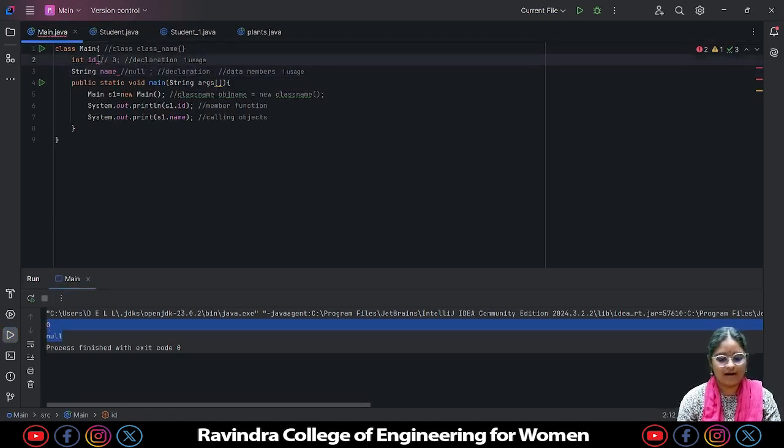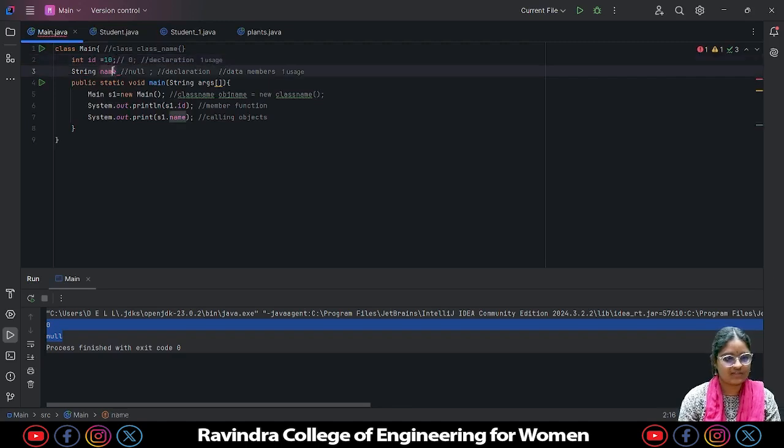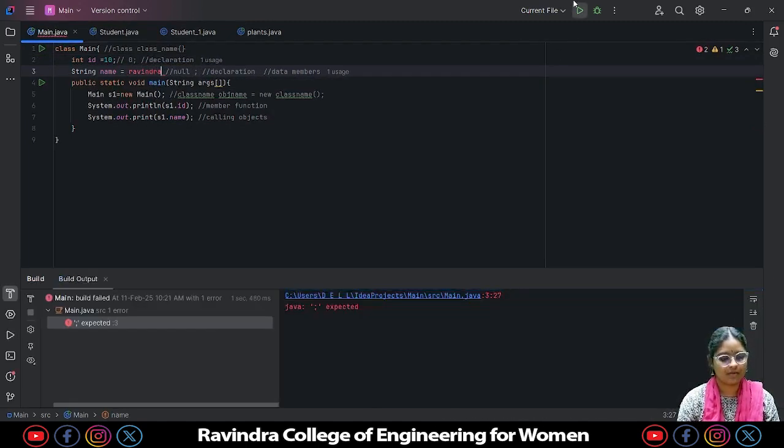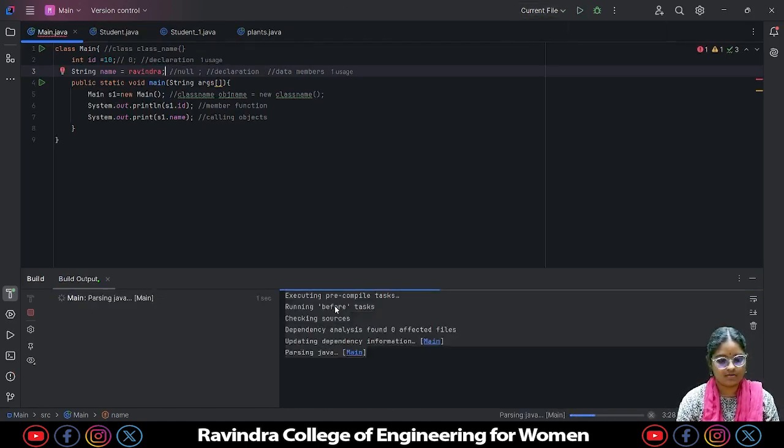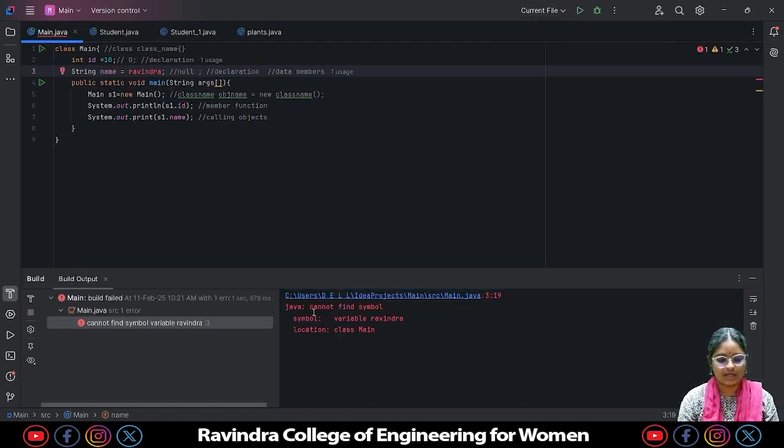So now I'm giving it as 10. Already we have seen that. Again I'm giving it. If we give it without quotes, what will happen? Let's just check. See, unexpected error. Java can't find symbol.